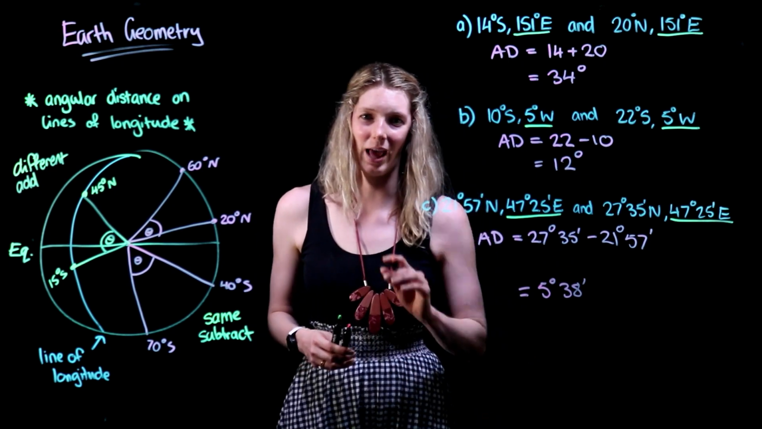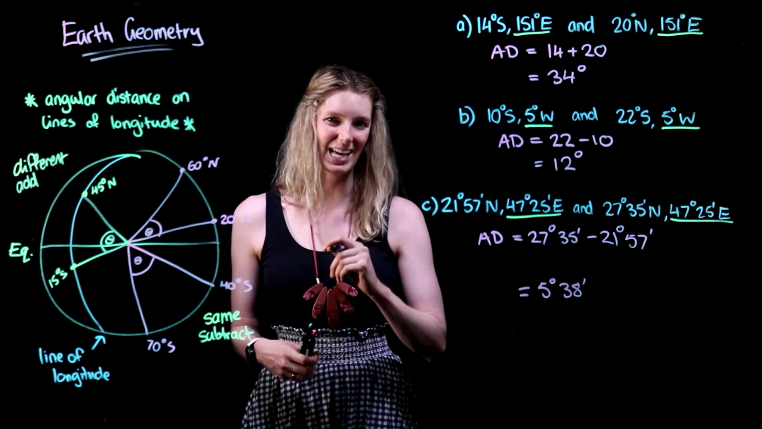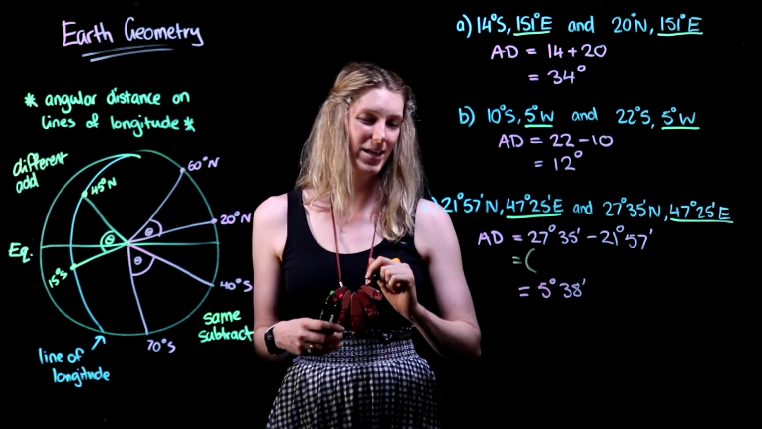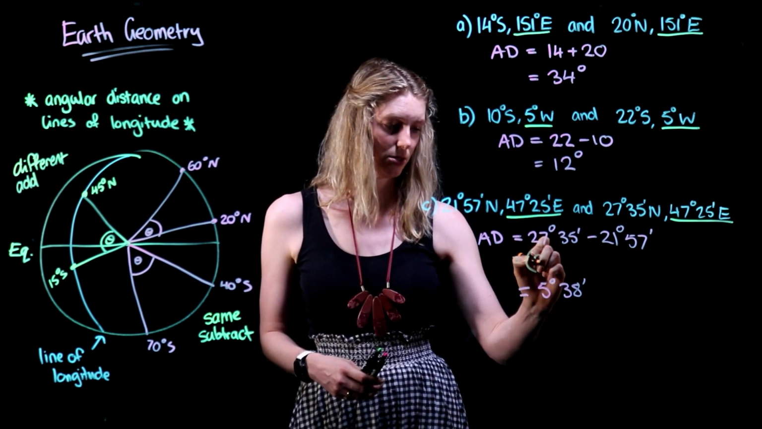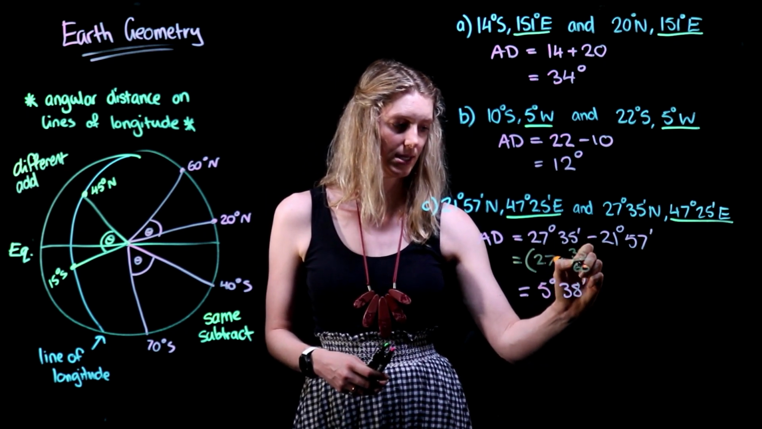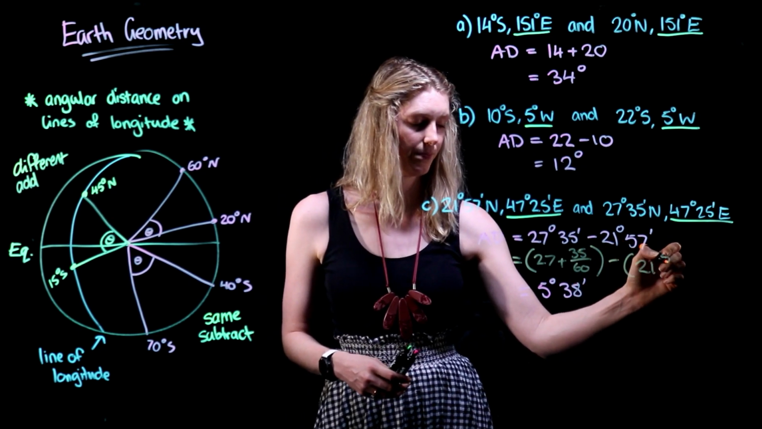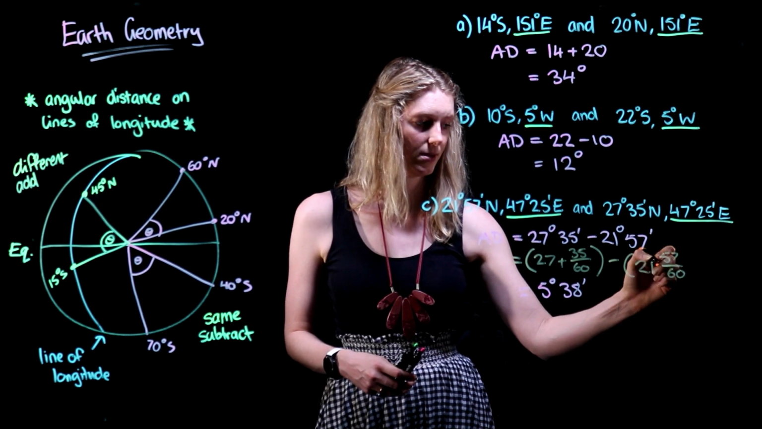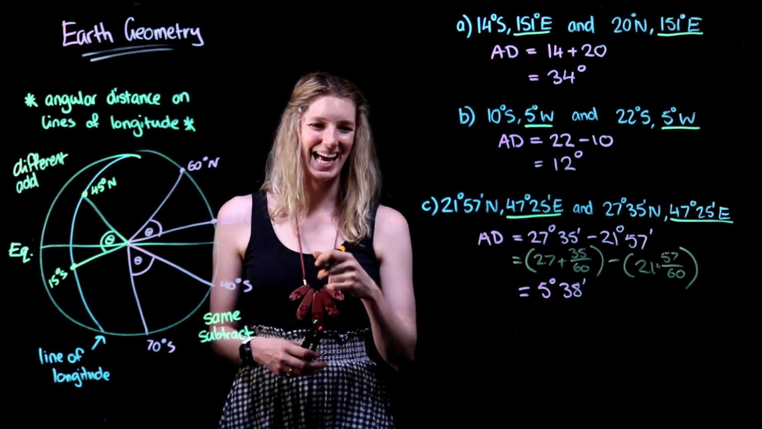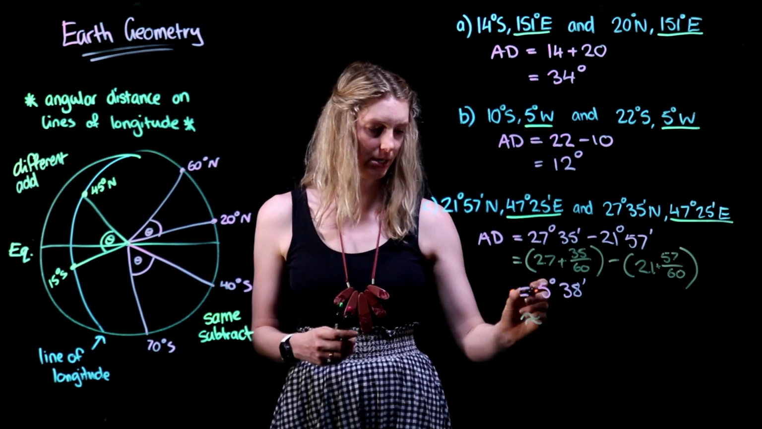However, if you do not have this option on your calculator, you can represent these values as a fraction if that helps you. So our first coordinate, we can technically represent that as 27 and 35 on 60, and then we can subtract that by 21 and 57 on 60. Okay, so if that gives us a decimal solution, we will have an approximation of